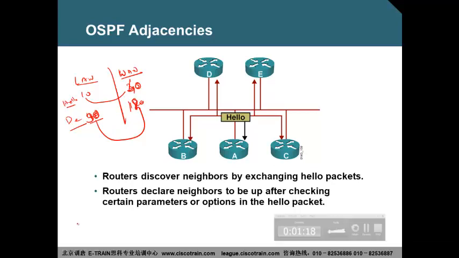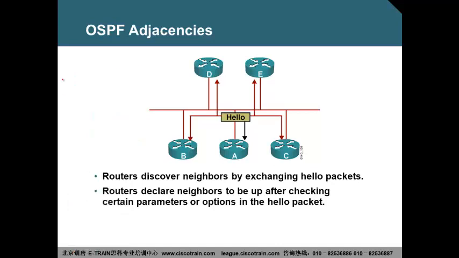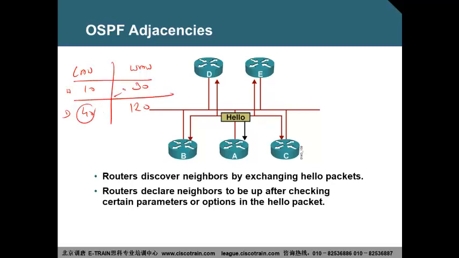So, 10 and 40 in LAN. Sorry, okay, I know where I made the mistake. In LAN, hello is 10, dead timer is 40. In WAN, hello is 30, and 4 times of hello, 4 threes are 12, so 120. That's correct. I just put this number here and this number here. That was the mistake.